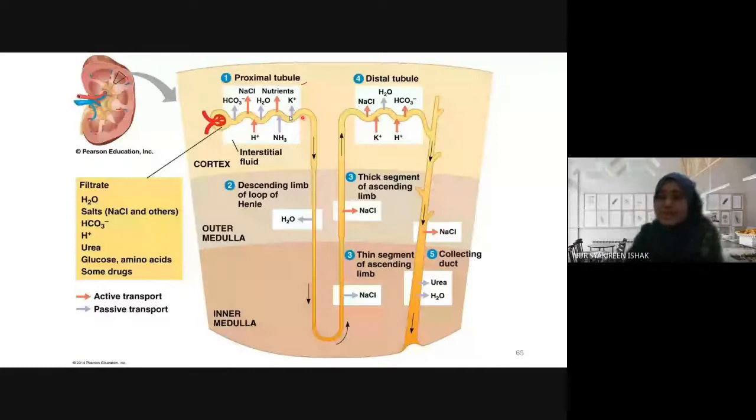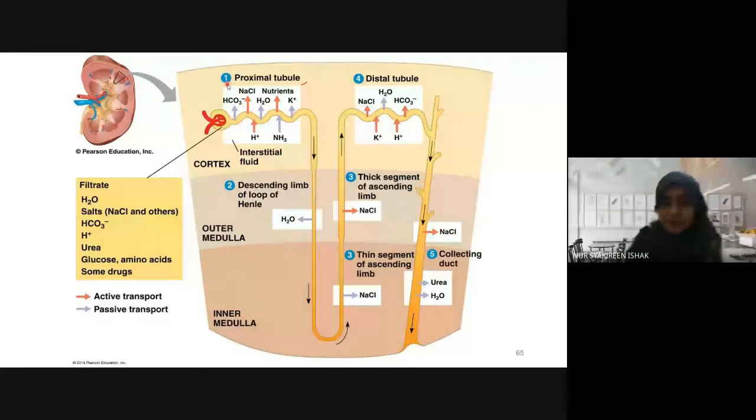So bila tengok gambar ni sekaligus kan, peningnya tengok gambar ni, tak kan? So kalau bila sesuatu diagram tu dibagi selambak macam ni, analysekan dia satu-satu. Okay, tengok daripada point nombor 1, nombor 2 apa jadi kan, nombor 3 thin, thick segment, and then distal tubule, and then collecting ducts. Okay, so on your own nanti, please look back to this diagram, fahamkan proses